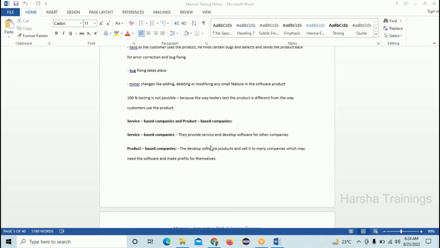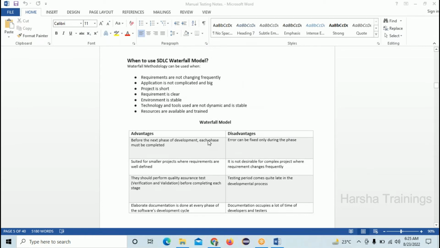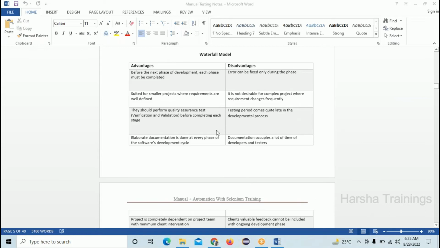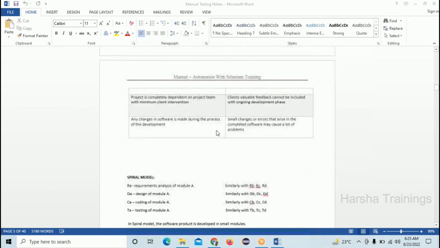Are you guys getting the difference between service and product-based? Are you guys getting it or not? Yes. Okay. And next, let's see